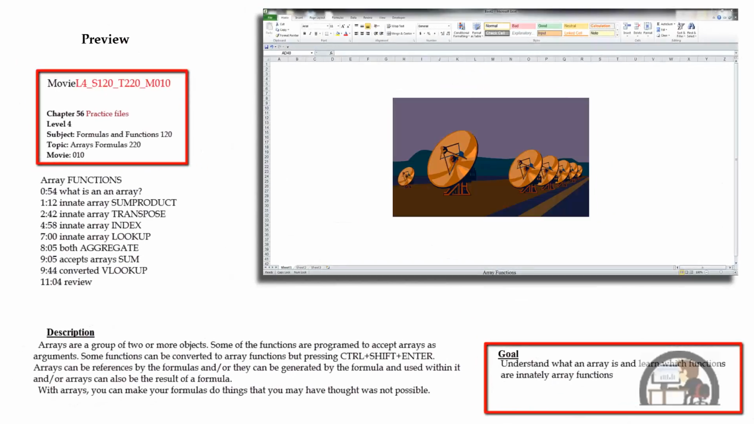So we're going to talk about array functions. We're going to begin by defining what an array is. And then we're going to look at 4 functions in Excel that are innately programmed to handle arrays, beginning with